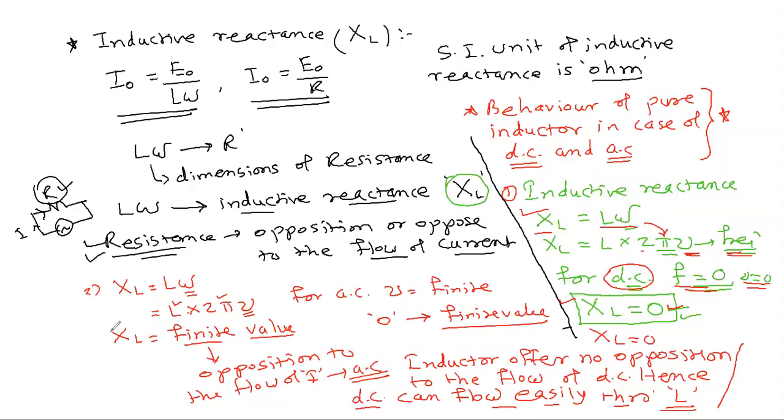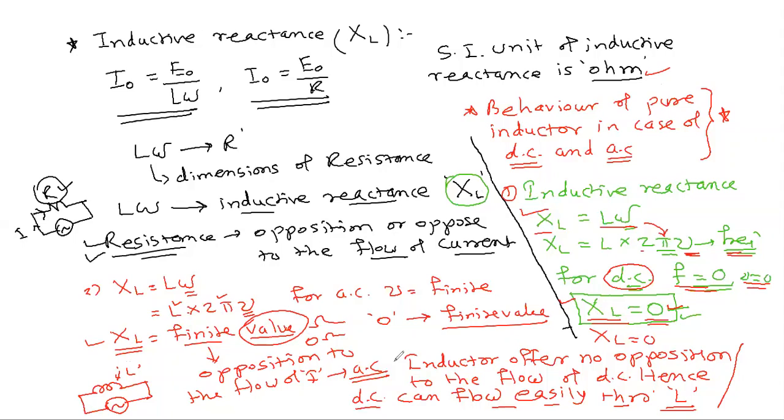भाई देखो, inductive reactance means what? One sort of opposition to the flow of current in case of the inductor. So if an inductor is there and you are applying EMF here, then this inductor has opposition because it has some finite value, something in terms of ohms. As compared to this, XL equal to 0 means what? 0 ohm. That means there is no opposition. The value of the inductive reactance was 0.